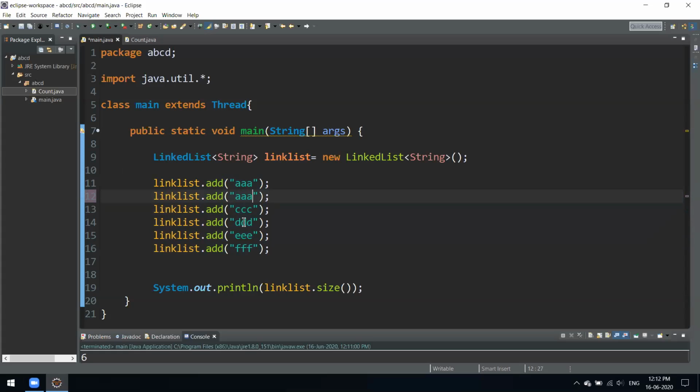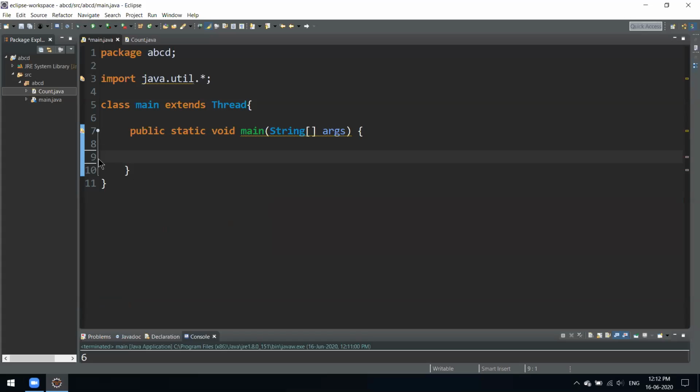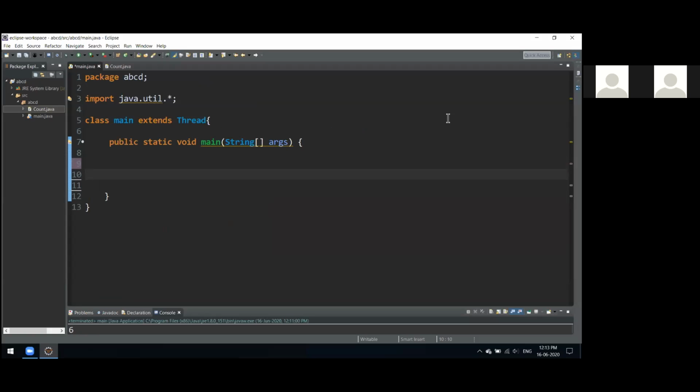There are again various types of set. The first one which we'll see is the hash set. Hash set stores elements in a random way. It doesn't give you an index because it uses the concept called hashing. Because of that, wait, I'll just show you by code what a hash set is.